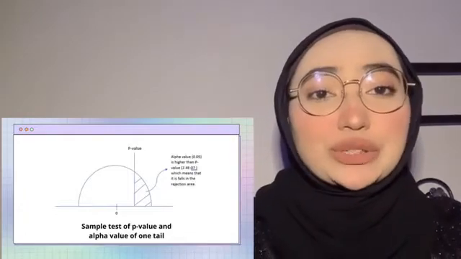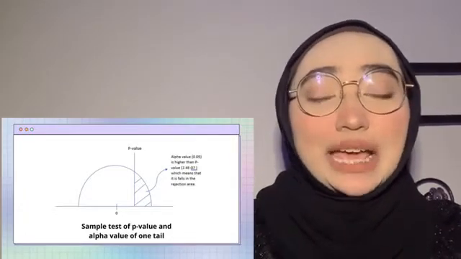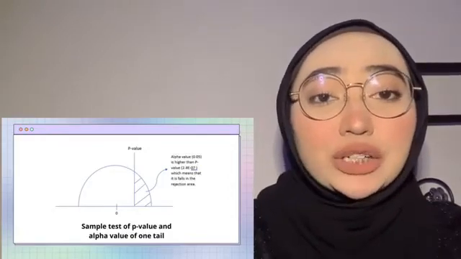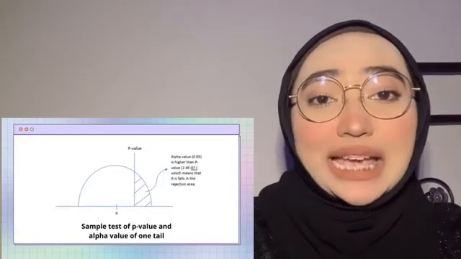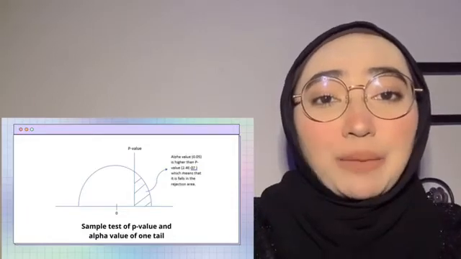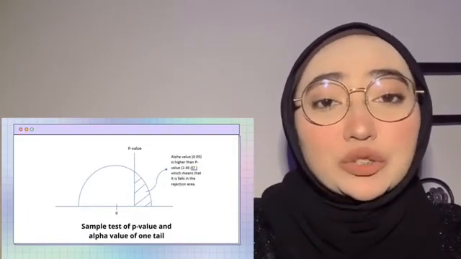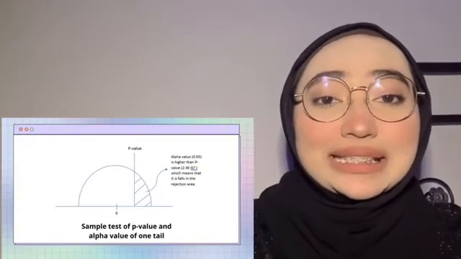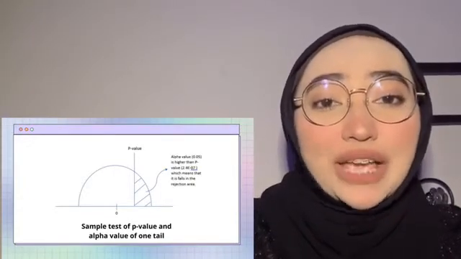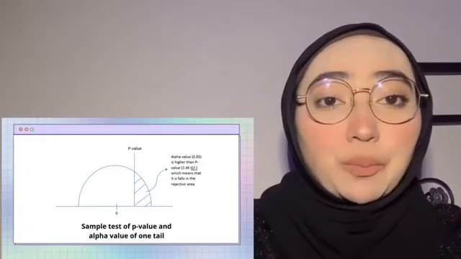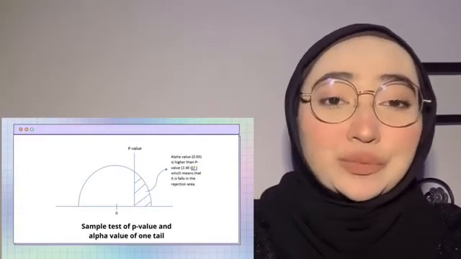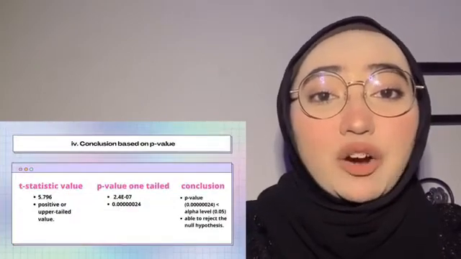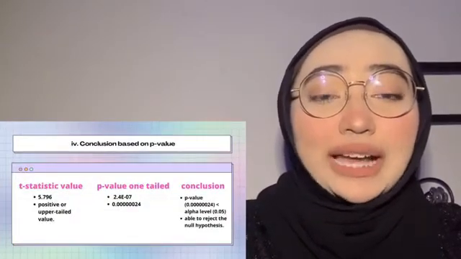Generally, the p-value is used to support or reject the null hypothesis; the smaller the p-value we get from the data, the stronger the evidence for us to reject the null hypothesis. In hypothesis testing, the p-value needs to be compared with the alpha level. Based on the data, the t-statistic value is 5.796 and it is a positive, or upper tail, value. Since the test statistic is positive, the p-value in the output is the p-value for an upper tailed